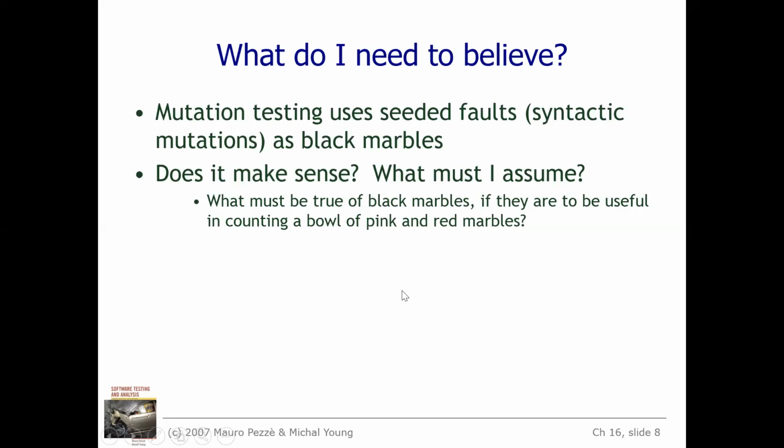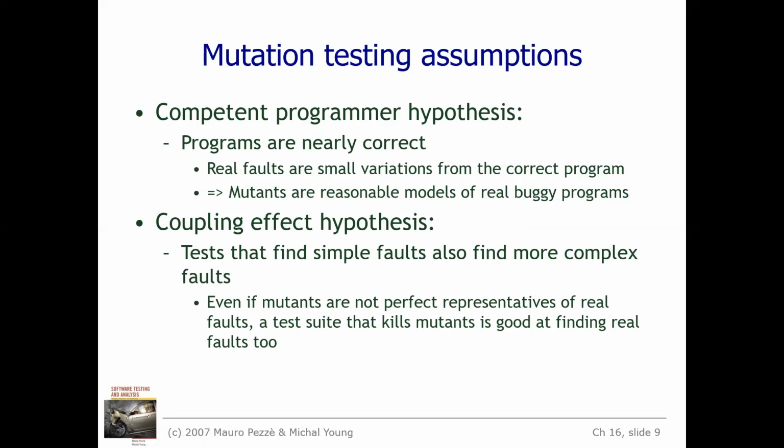What do we believe? If you have seeded faults, then it is easily understandable that in whichever condition you put it in your application, it works fine. So we are identifying the buggy faults, and we are separating them from our application. Just to identify the faults, we are introducing some faults, and we get a reliable product. Just for the reliability issue, we are going with it. So there are two assumptions made for mutation testing. One is the competent programmer hypothesis. Another one is the coupling effect hypothesis.